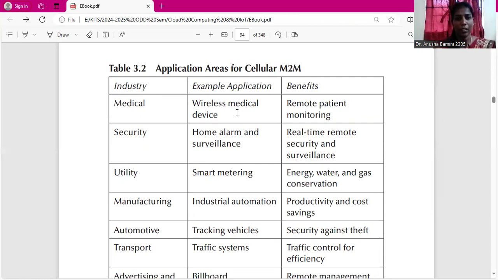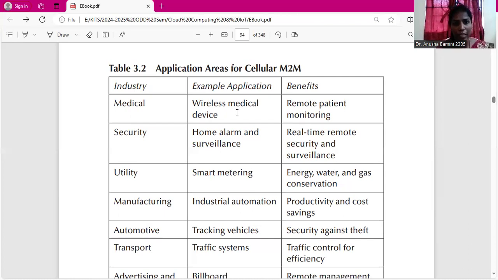You can easily view how many steps you walked daily, your heart rate, and your blood pressure, all displayed on a smartwatch. It's a smart device, or it may be called a smart band, which is used to monitor the physical health of a person. Its benefit is remote monitoring of a patient; human health can be monitored using this wireless medical device.